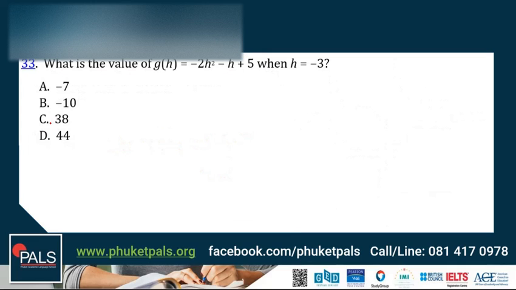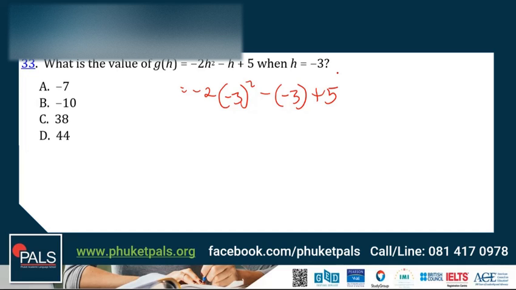33. What is the value of g of h equals negative 2h squared minus h plus 5 when h is equal to negative 3? All we need to do is plug in negative 3 as a value of h. So we've got negative 2 times negative 3 squared minus negative 3 plus 5, and then solve following the order